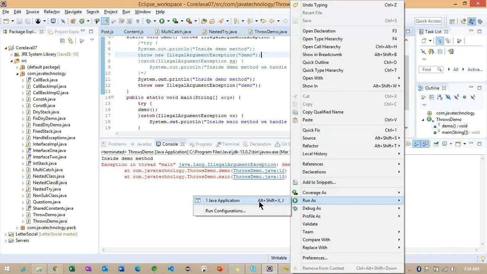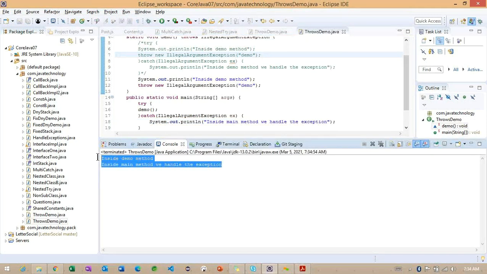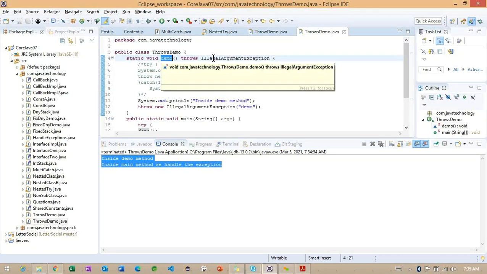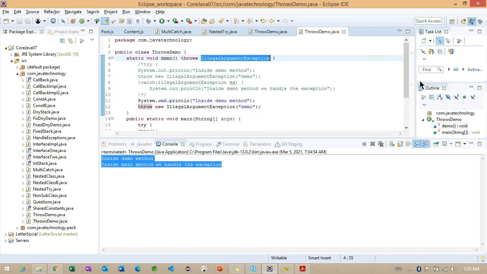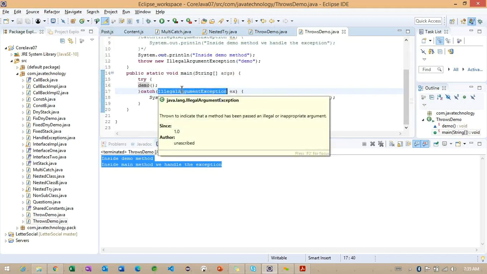Observe here. Inside the main method we are handling the exception. Inside the demo method we are printing, and whenever the exception occurs, using this demo method we are rethrowing the exception. The thrown exception is handled here inside the main method.